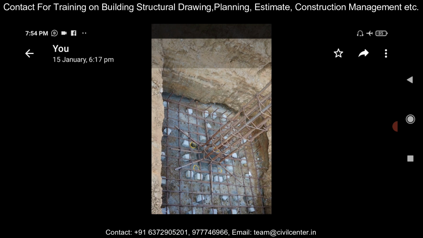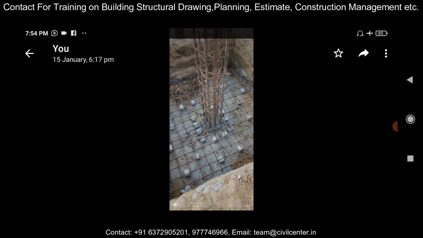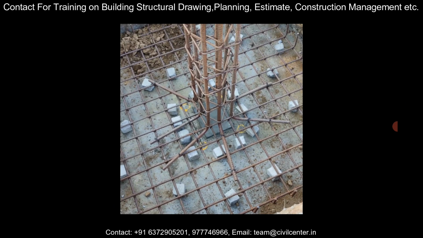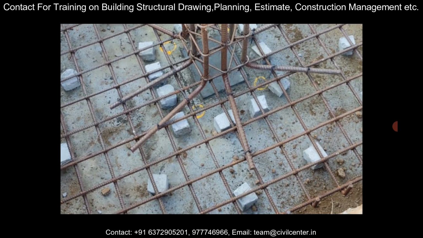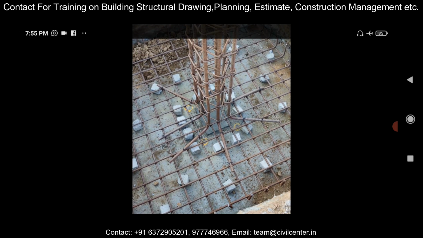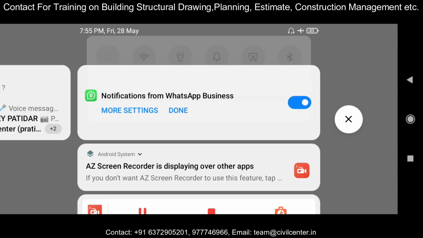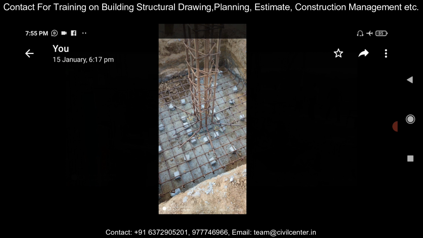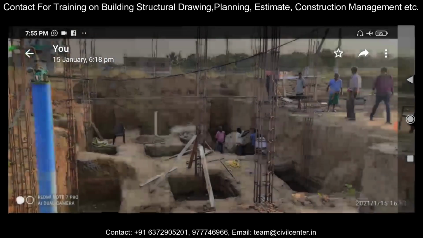Next we'll go for the remaining process. These are the columns which have been placed. And now another question you might ask: why is this column rod bent like this? It is called development length. You need to give a minimum development length of 250. Here we have given a development length of 400. This is done to transfer the stress from steel to steel. Since we are considering monolithic construction, it will transfer the stress from your column to the reinforcement of the footing. That's why the development length is given.